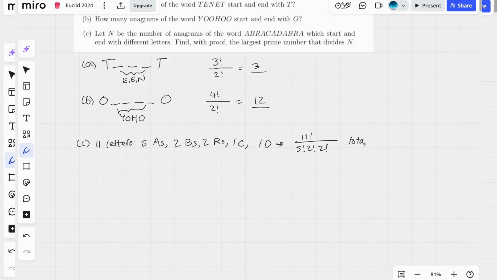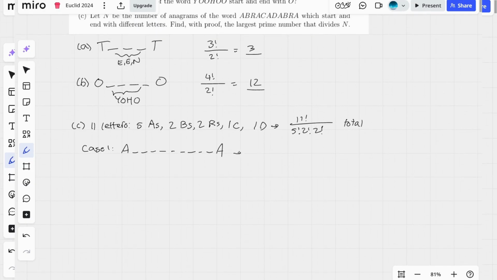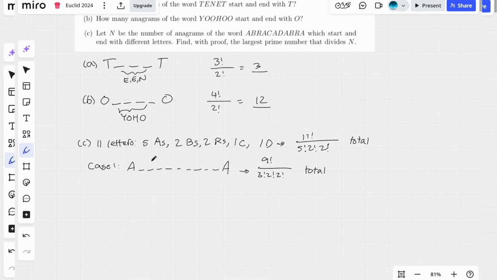I'll write total here. So case 1, it starts and ends with A. So you have A, and then you have 9 letters, 1, 2, 3, 4, 5, 6, 7, 8, 9, and then A. And then in those 9, you would have 9 letters to permute, and then you have 3 A's remaining, 2 B's, 2 R's, 1 C, 1 D, which we don't have to write. So this is 9 factorial over 3 factorial times 2 factorial times 2 factorial